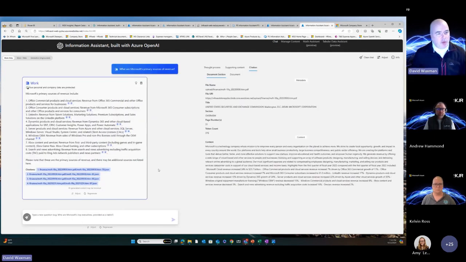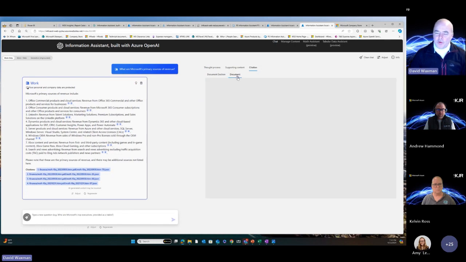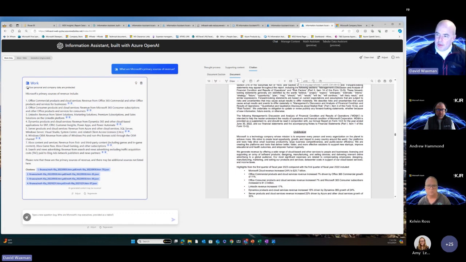This is sort of the beginning of trust. I can't just believe the machine just because it says something to me. First, it's going to say, well, this portion of the response came from this citation, and it came from this document chunk. And that's very important because sometimes it's going to be coming from a much larger document. So if I was to take a look at the original in context, it's actually coming from page 31 of 65. And so when it can actually take me to the section of the document, I can then begin to have some level of trust in the system because now I'm able to check it.